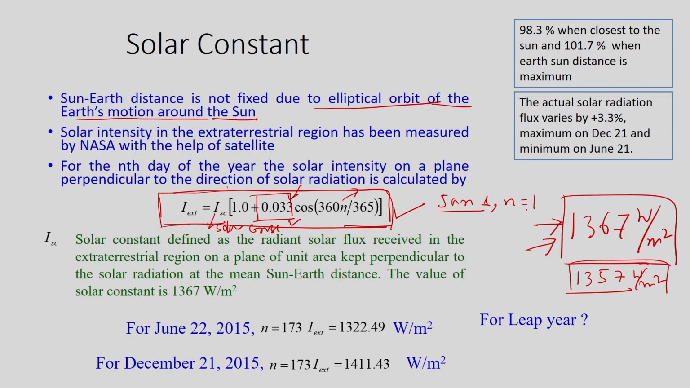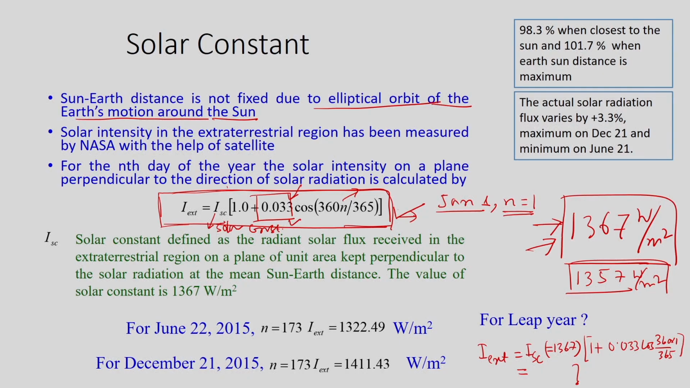Okay? So, if we substitute the value of n equal to 1 in this expression, then we will have I_EXT equal to I_SC, which is nothing but 1367, multiplied by 1 plus 0.033 cos of 360 multiplied by 1 divided by 365. Okay? Then we can do small calculations and we can calculate the amount of extraterrestrial radiation received on day 1